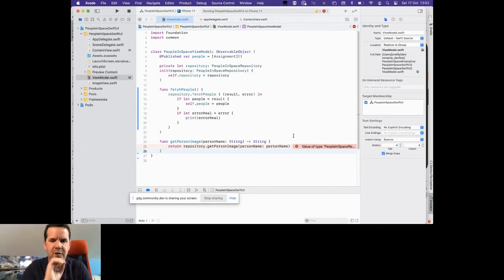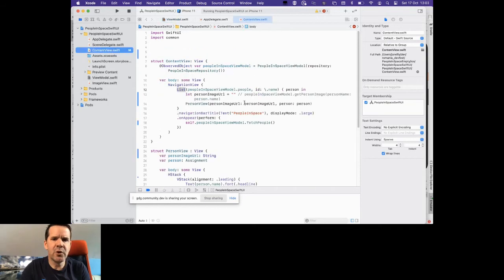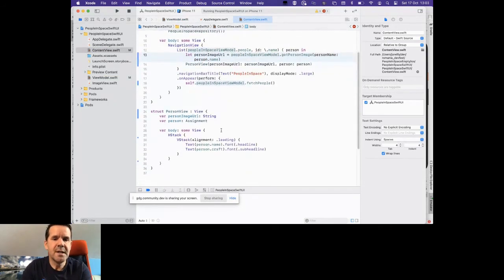So this is giving an error right now because we haven't rebuilt the framework yet. That'll get resolved when we build it. So this is calling, just to emphasize again, this is the people in space repository mapping to that Kotlin class that we've been changing. This get person image is the new method that we've added. In our SwiftUI code, in a very similar way to the Jetpack Compose, we're going to comment out this call here,